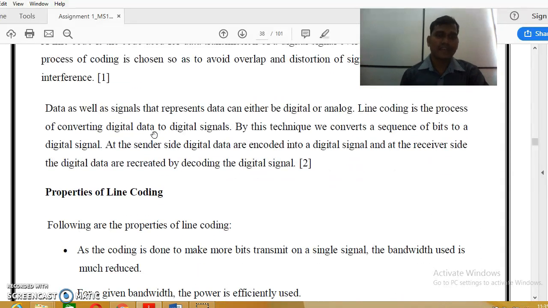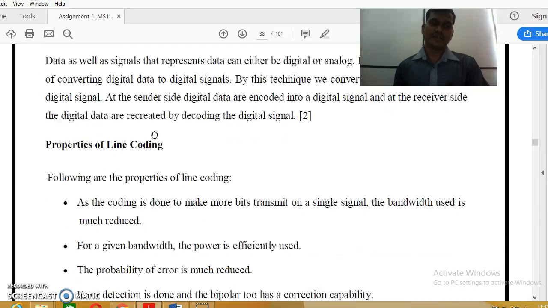Data as well as the signal that represents data can either be analog or digital. Line coding is the process of converting digital data to a digital signal. By these techniques, we convert a sequence of bits to a digital signal. Digital data are encoded into a digital signal, and at the receiver side, the digital data are recovered by